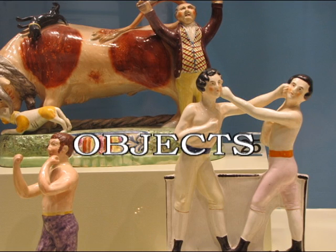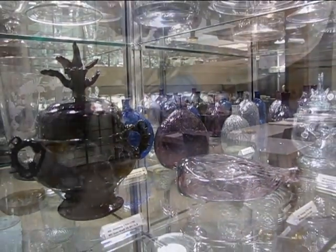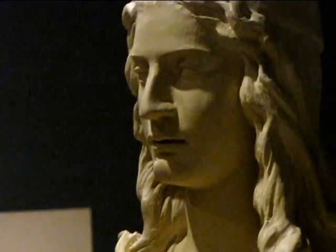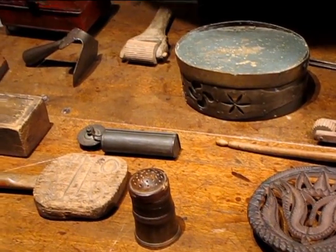The vast world of objects is our first specialty category. This includes ceramics and glass, metals, wooden objects, organics, and multimedia. Objects are often a composite of plant and animal materials, which are organic, partnered with inorganic components